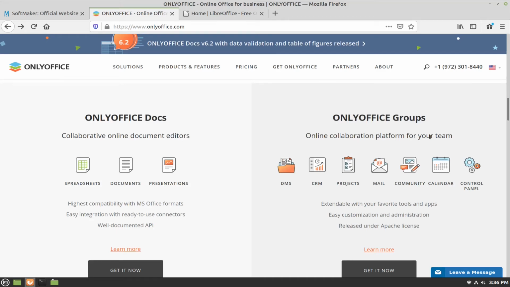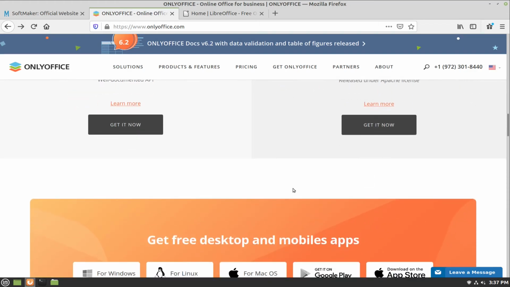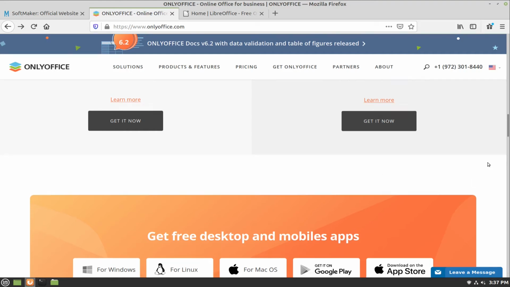So if we go in, we're on the OnlyOffice site now, there's OnlyOffice Docs, OnlyOffice Groups, and this is an online collaboration platform for your team. So there's customer relationship management, you can manage projects, there's an email client for it, calendaring, quite a bit. You can learn quite a bit about these products just by going to their website. And if you notice something else pretty important,